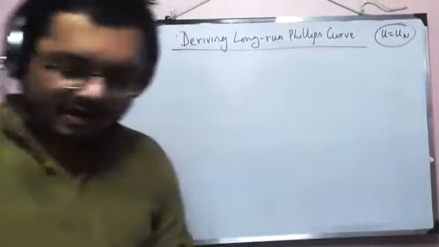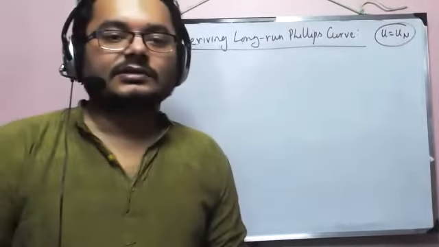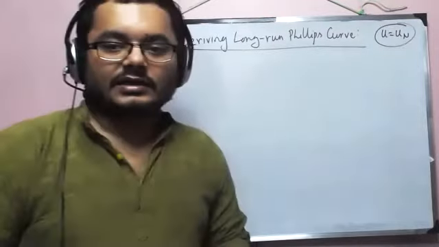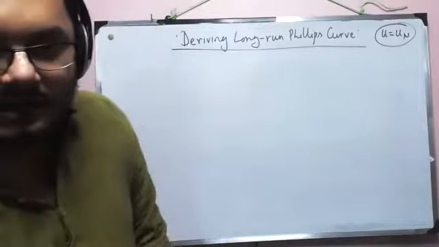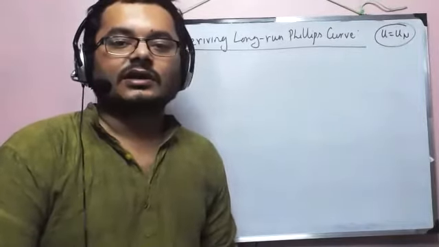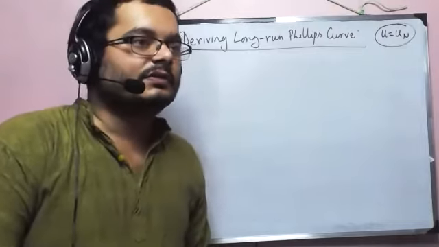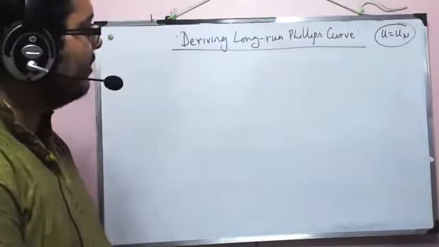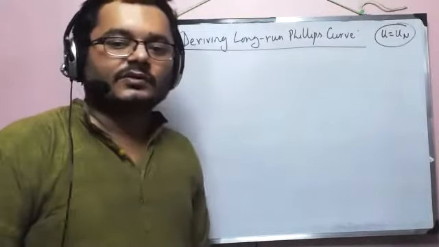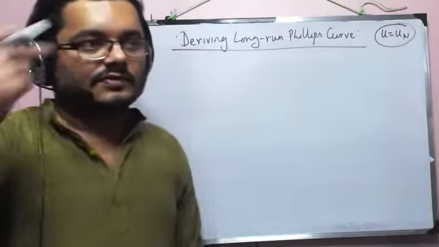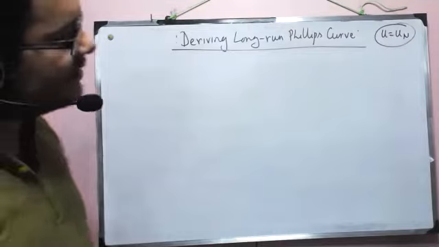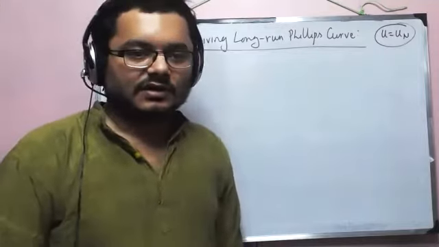So in the last class, we finished with the fact that bringing in expected price and actual price, that is the change. If I bring in that, then obviously Friedman was quite correct to say that in the long run, Phillips curve will be vertical. Now today our target is essentially to derive the long run Phillips curve from the short run Phillips curve. So our objective is to look at how short run Phillips curves basically generate the long run Phillips curve.